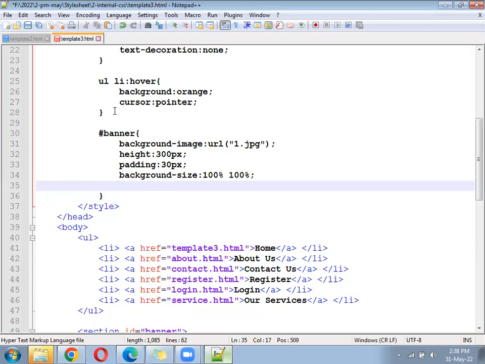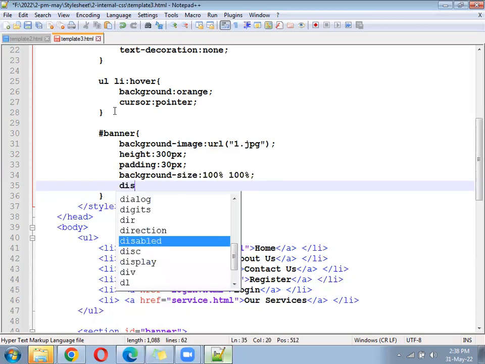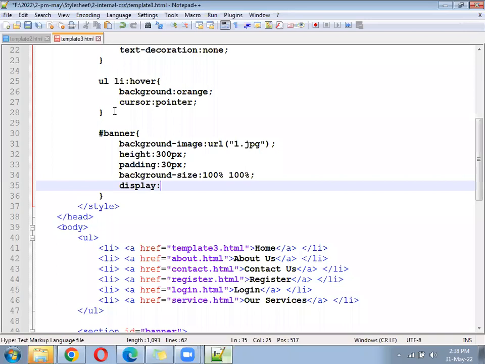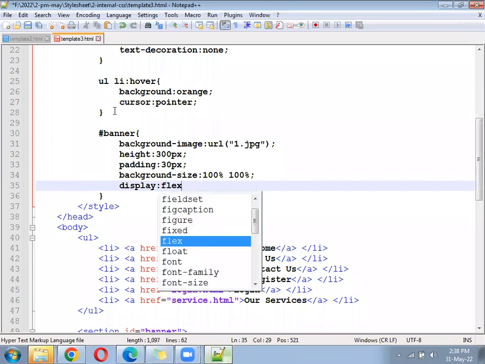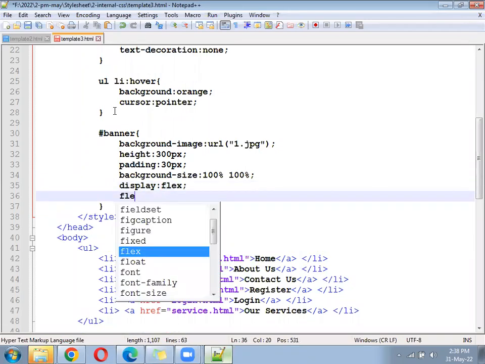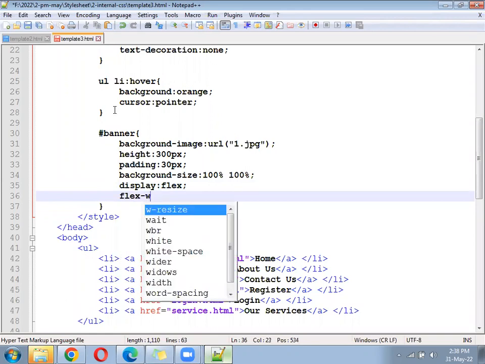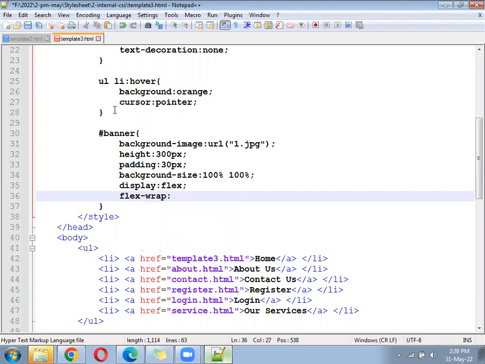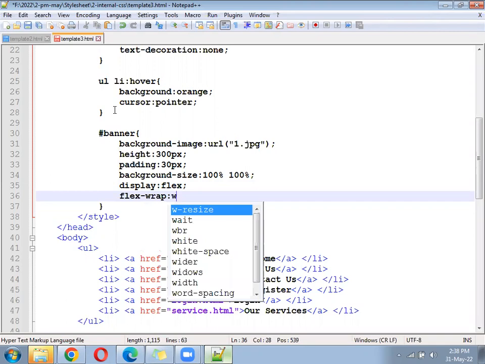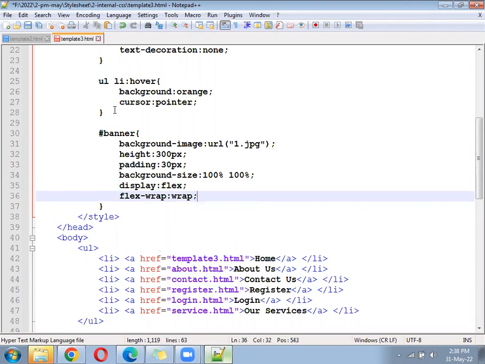After that, display flex, flex-wrap colon wrap. So in current folder, there should be one photo 1.jpg.